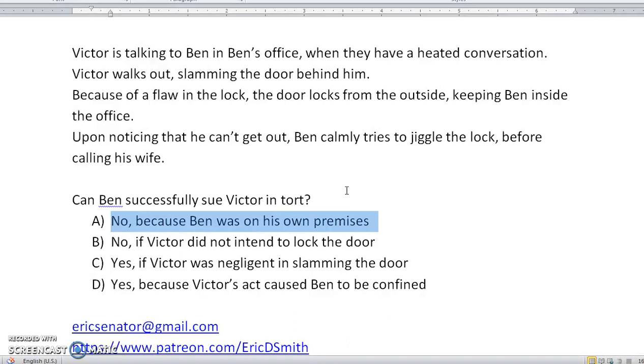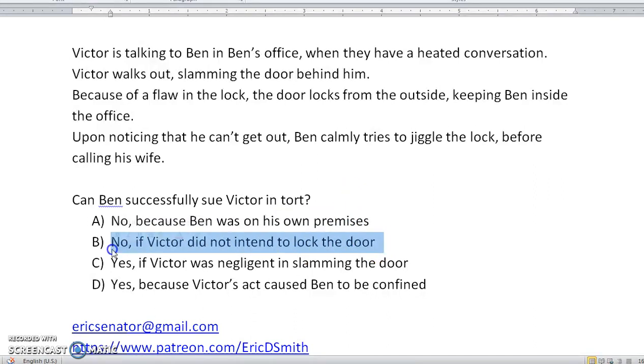A is incorrect. Option B says no, if Victor did not intend to lock the door. Well, Victor, in fact, did not intend to lock the door. He only intended to slam the door. So B looks like a correct answer. C looks at negligence in slamming the door, and we will take a moment to examine negligence. And D says,